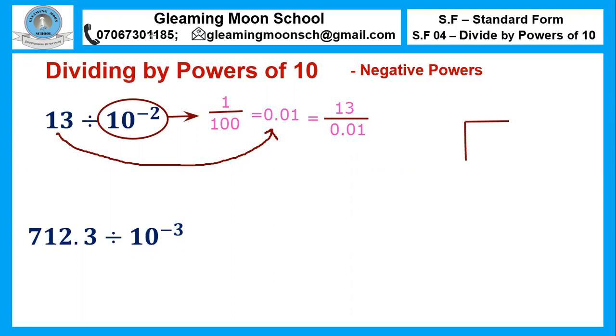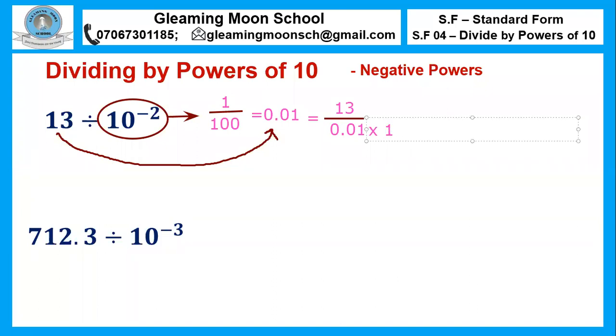Okay, now before we use the long division method, there's something we need to do, just like we did with the second example when the power is positive. Now we have a decimal number here. In order to make it easier for us, we need to change this decimal number to become a whole number, okay? And to do that, you remember the number of decimal places, or the number of digits after the decimal point, will tell you what you multiply this by to get a whole number. So we have 2 digits after the decimal point. So that means we will be multiplying by 1